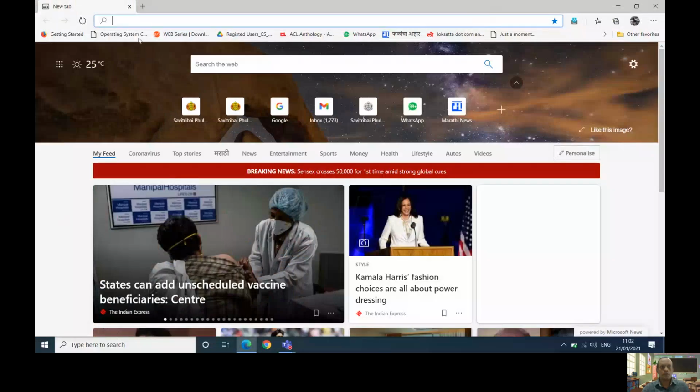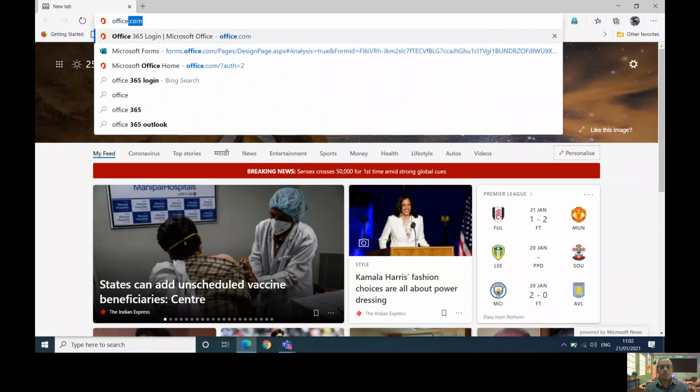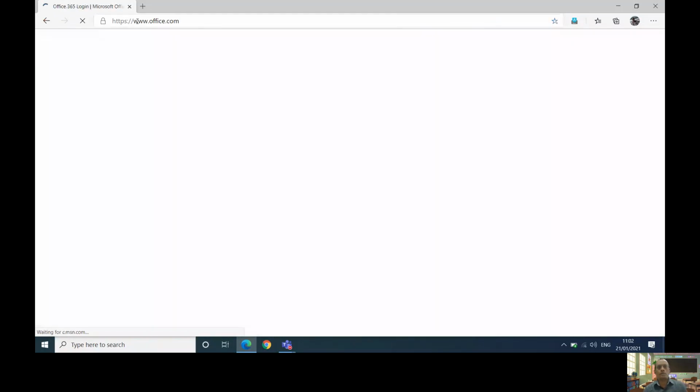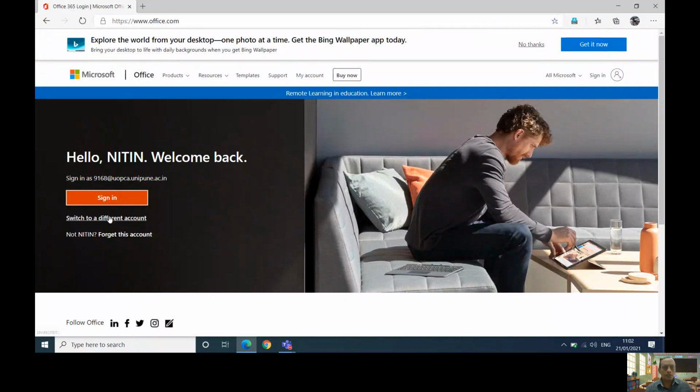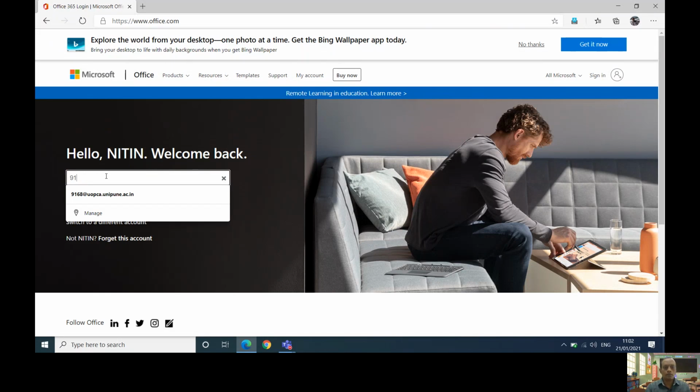So open your browser, with the assumption that each one of you has got access to Teams and other utilities provided by IT service. There you will first check whether you have got access to your Office account. So go and click sign in. You are going to get some ID from the IT services, or if you are an employee of a department, then you will get something like this.